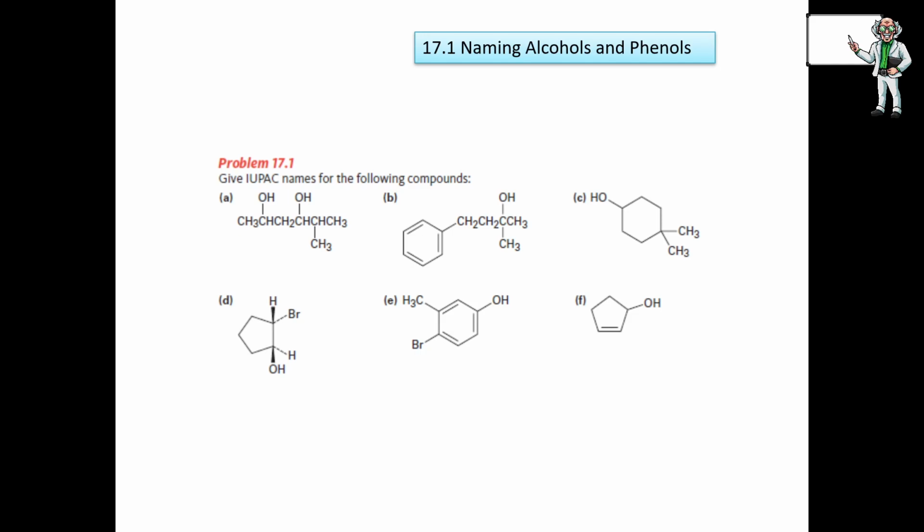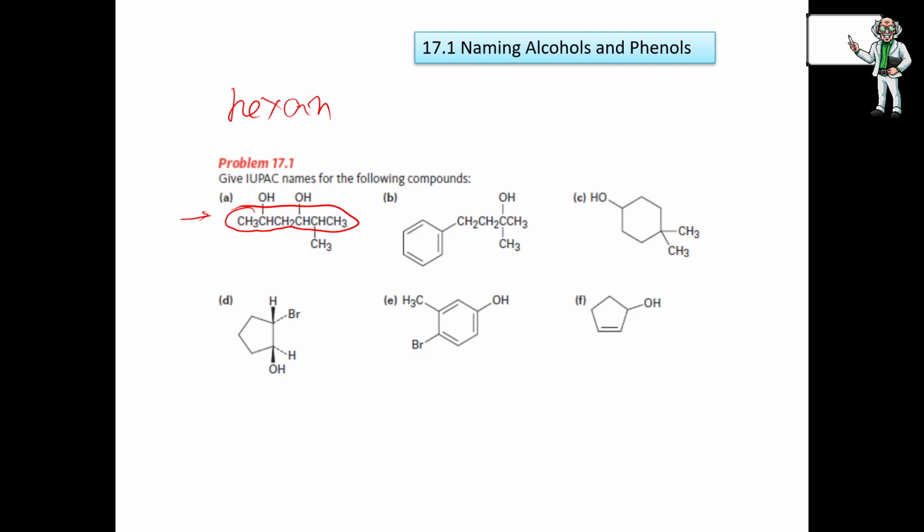Okay, let's do the problem 17.1. We start from the first. The main chain will be this. That is the one that contains the 2 alcohols and is the longest chain in carbons. This is 1, 2, 3, 4, 5, 6, is 6, will be hexane, okay, and then we have 2 alcohols in position 2 and 4, if I start counting from here, because if I start from the other side, it will be a bigger number. That means hexane-2,4-diol or